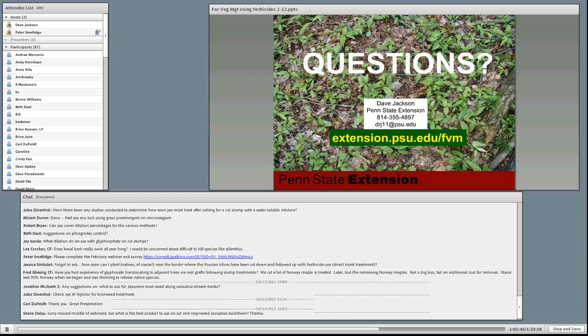Okay. Andrea says, how long would you wait after a cut stump treatment when a timber harvest is planned? So I'm assuming the time between the cut stump treatment and when the timber harvest commences. In that case, well, let me back up a minute and let's talk a little bit about cut stump treatments, because for